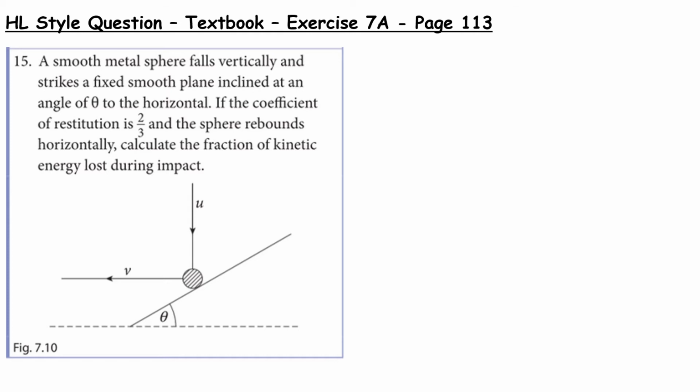Next, we're going to look at a book question, and this has come from the Fundamental Applied Mathematics book, edition 2, and it's from chapter 7, so exercise 7a, and it's page 113. So a smooth metal sphere falls vertically and strikes a fixed smooth plane inclined at an angle theta to the horizontal. If the coefficient of restitution is 2/3 and the sphere rebounds horizontally, calculate the fraction of kinetic energy lost